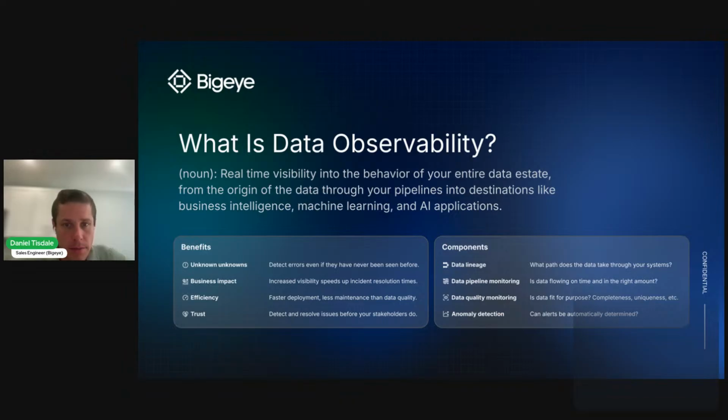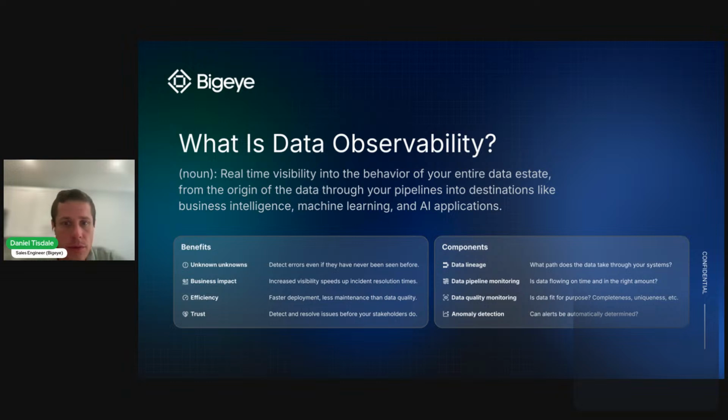Data pipeline monitoring. So that ensures that data is flowing on time. Those jobs are running as scheduled and the right amount. And what that means is making sure that the amount of new records that are being inserted or updated into a downstream table are within the normal historical shape and pattern of what other runs of the data are showing. Data quality monitoring, and that encompasses making sure that the data is fit for purpose, completeness, uniqueness, validity, things of that nature,